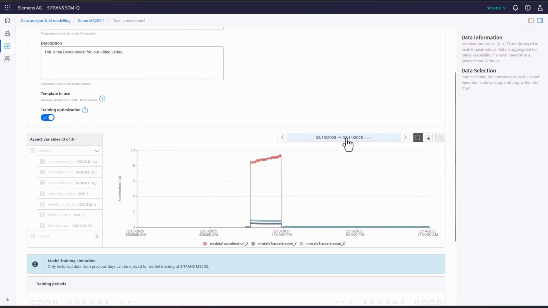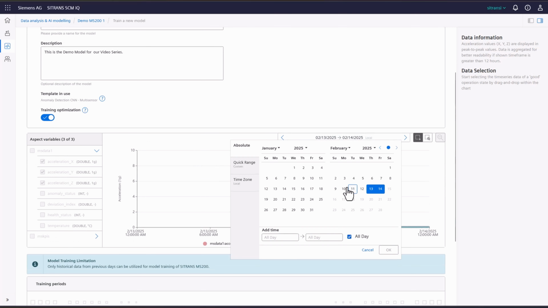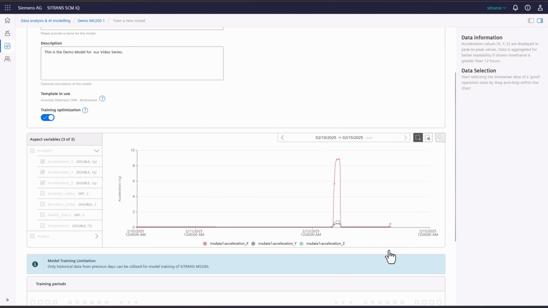On the bottom of the form, we can choose our time intervals that provide data for the training in the area used training periods. First, we will train the reference condition. For this, we choose a time frame in the box on the right-hand side. We recommend choosing a time frame of 7 or less days, so the curves will have a high resolution with hourly values. That enables us to see the data very clearly.